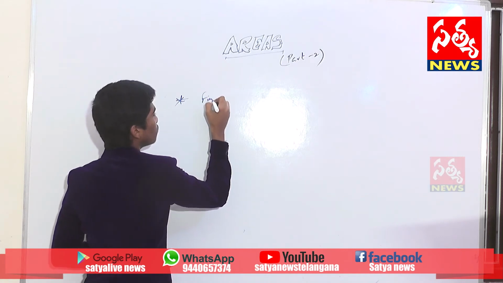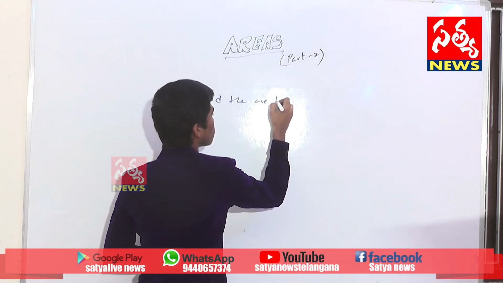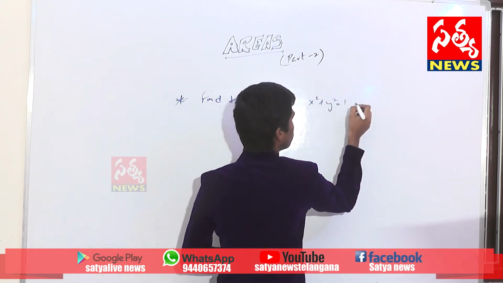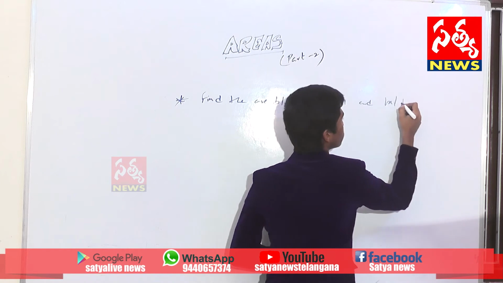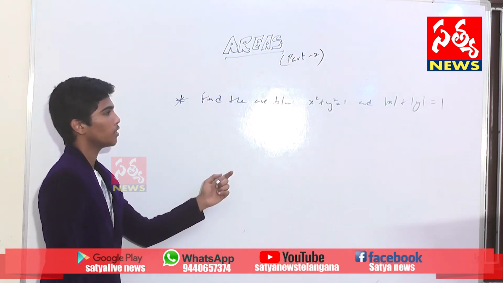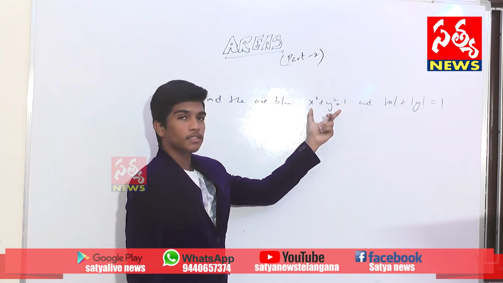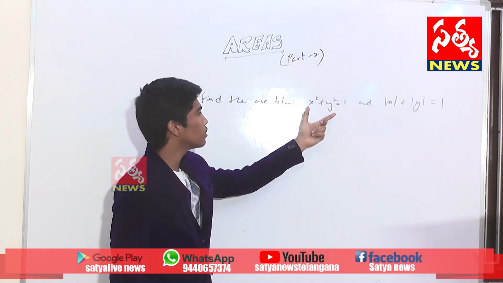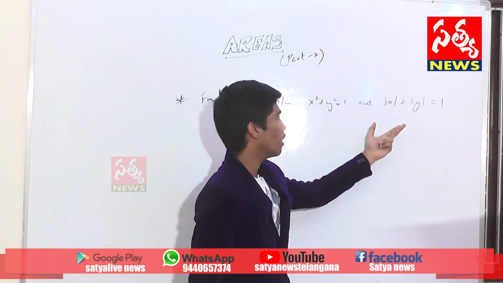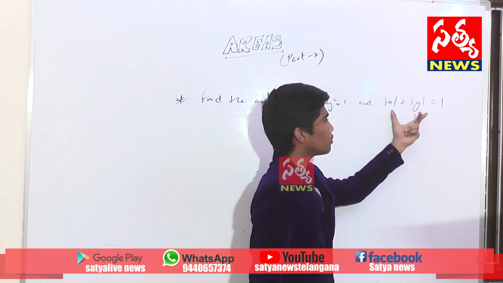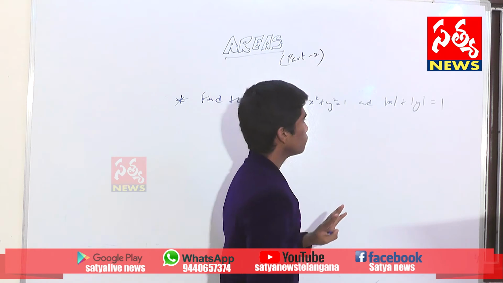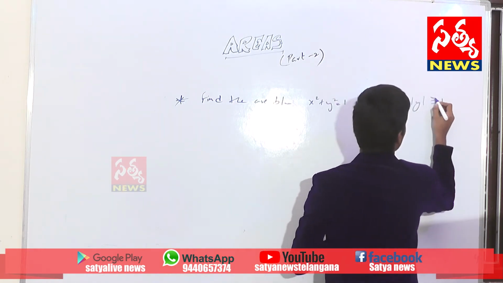Find the area between x square plus y square equals 1 and mod x plus mod y is equal to 1. See here. As I said, the transformation basics, x square plus y square equals 1 is a circle with radius 1, and see this, mod x plus mod y is equal to 1. Here there exist 4 lines,